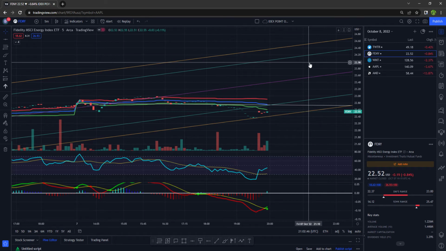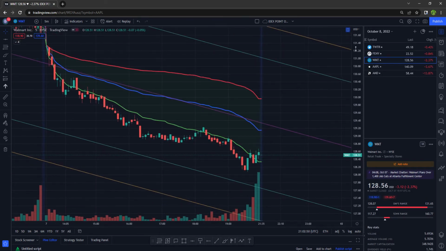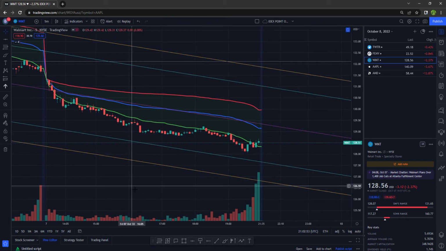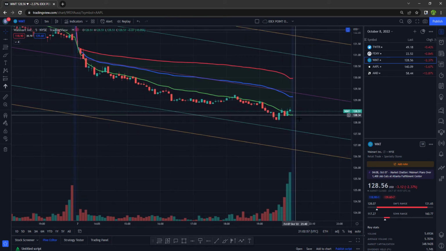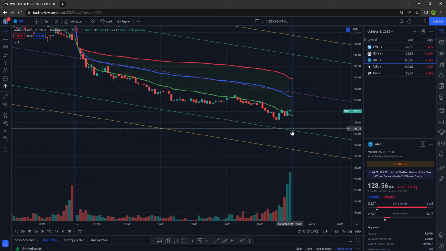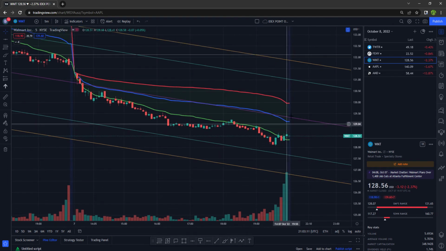Let's take a look at Walmart. The volume looks pretty high on that one as well. And we are at the south side of VWAP, and that would be at 128.32. At -2 standard deviations, 127.66. To the south side of that, 126.79. If we make it to VWAP, that would be